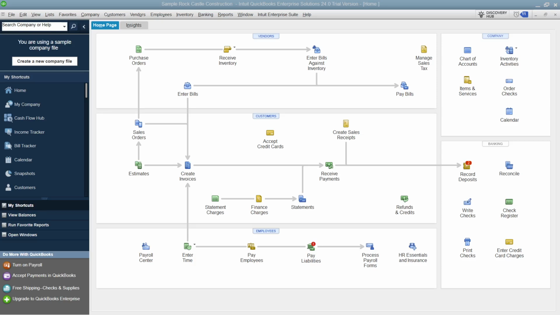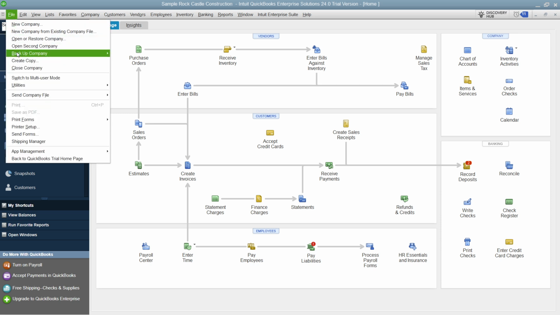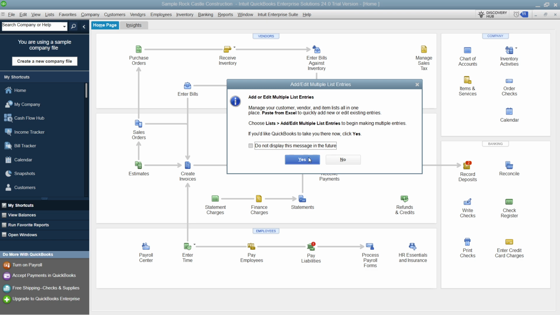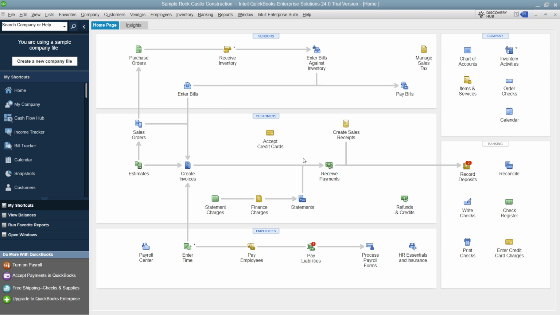In this video, I'm going to show you how to import an Excel file to QuickBooks Desktop. Now, the first thing you have to do, you want to go to the top left and click on File. Then you want to hover over Utilities, hover over Import, and here you want to click on Excel Files. Now, when you do this, just hit the Yes button over here, and then it's going to open